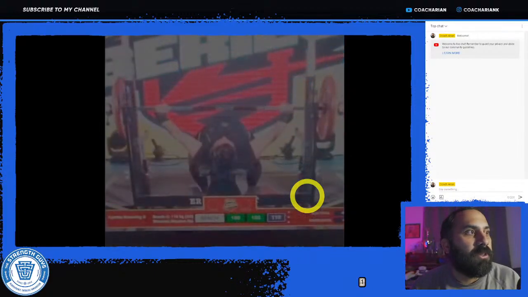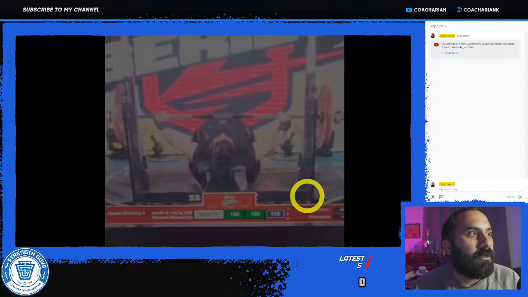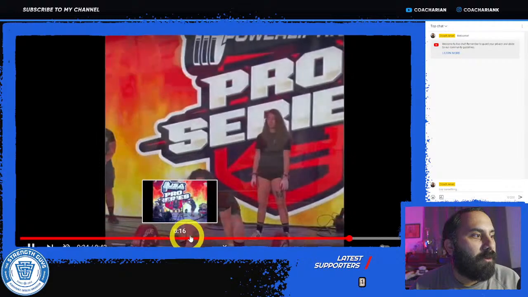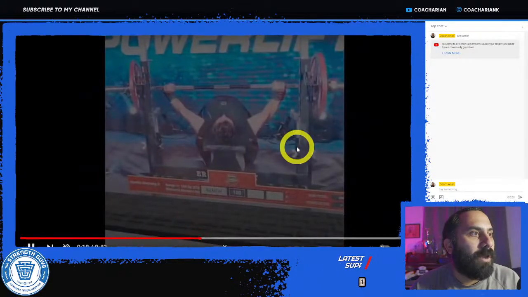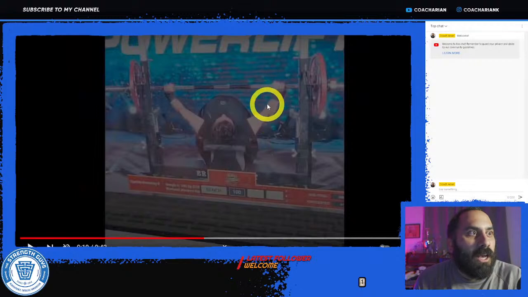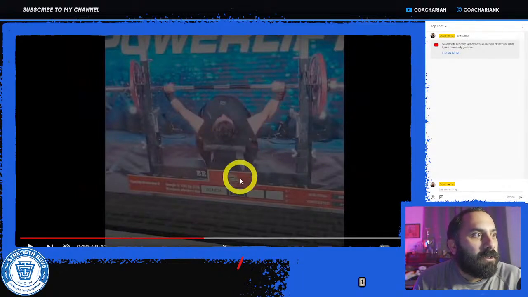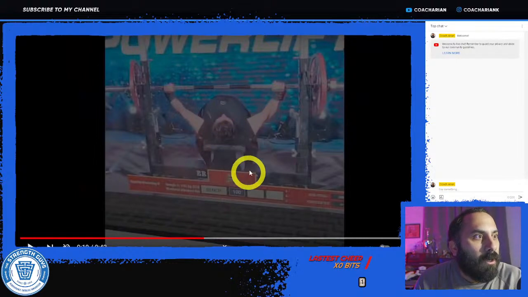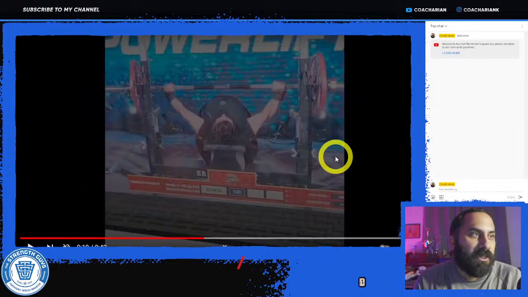I mean, the bench looks really good as well. So far, it's looking even better than the squat. If we go back here real quick and look at this first attempt, again, this is a really good position, a wide grip here on the bench. Looks like they're fairly even on the bench. Nice big arch, pulling the chest up. Looks like the feet are pulled back. So again, really good starting position.